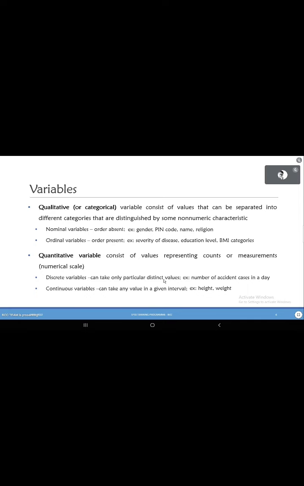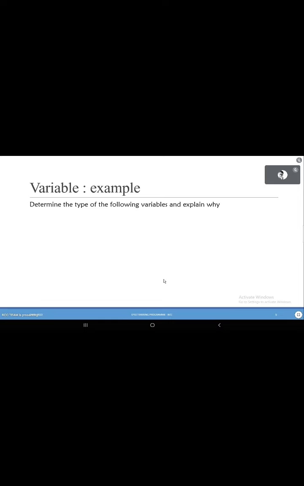If there is someone seeing the types of variables for the first time, I hope you have learned something about the different types. So let me test you now. I have some examples here, and I would like you to identify, first of all, whether it is a quantitative or a qualitative variable, and then be specific about what type, whether it's nominal, ordinal, discrete or continuous. The first example is the number of textbooks owned by a student. What kind of variable is it?